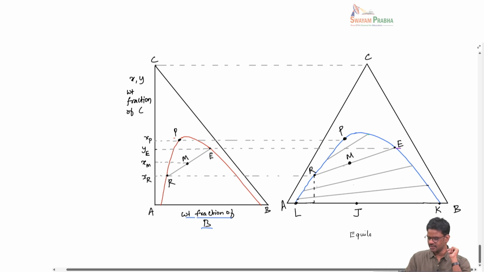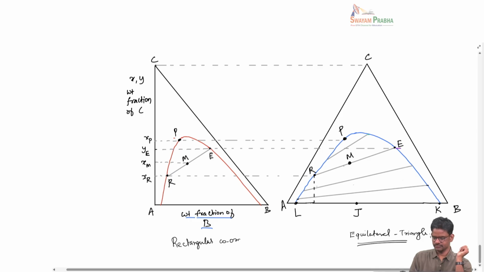based ternary diagram. We would like to convert this into a rectangular coordinates unit. So you can see that what we are trying to do here is read the information from the ternary diagram, the equilateral triangle based phase diagram, and then map it into a rectangular coordinate system, where